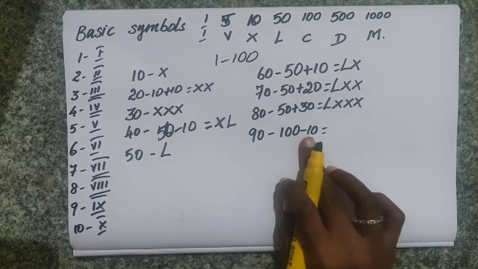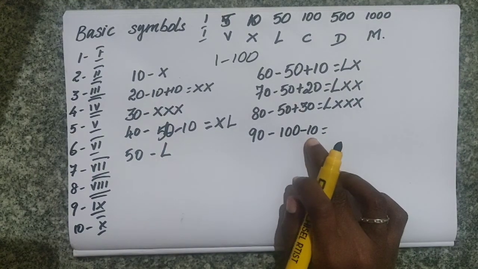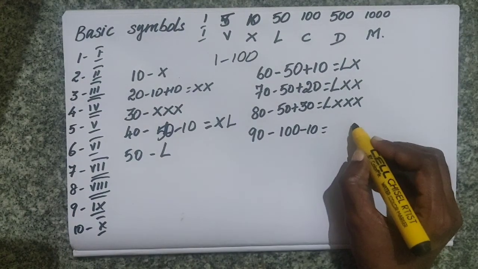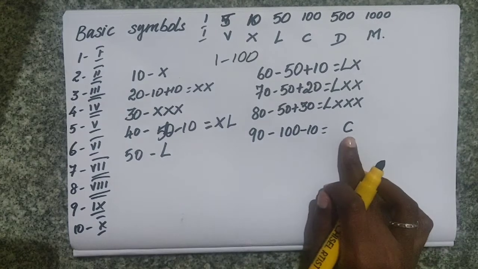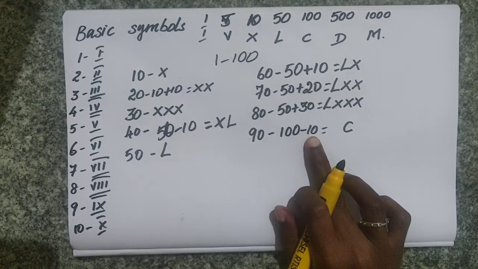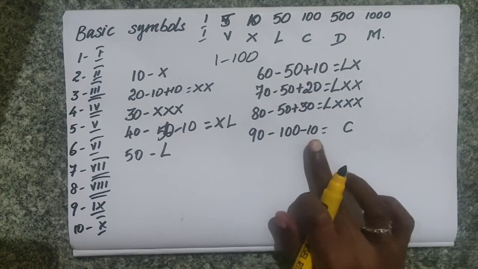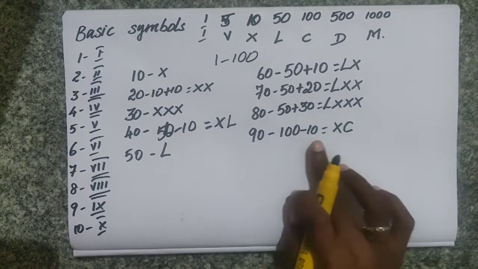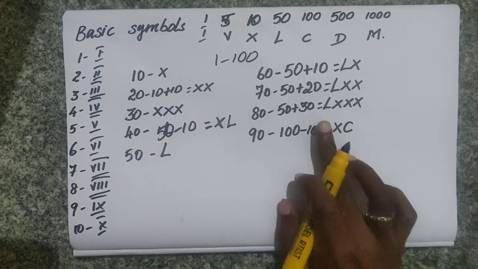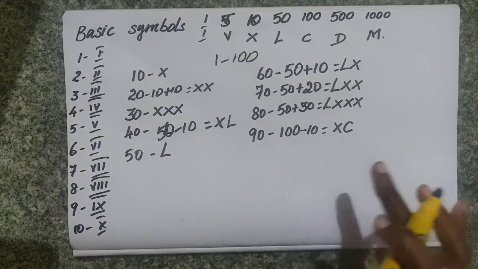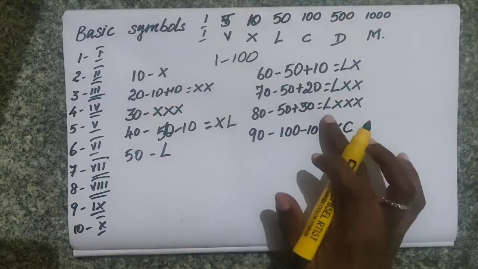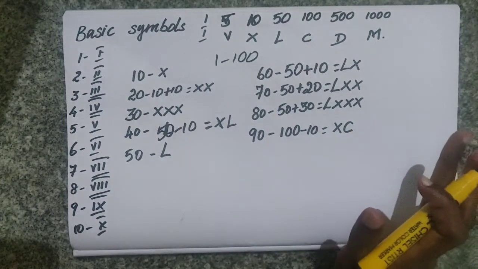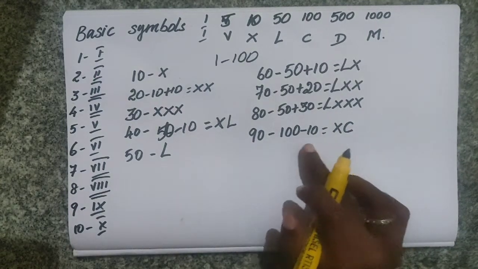By the rule of subtraction, the smaller numeral must be on the left side of the bigger numeral. Here the bigger numeral is 100, that is C, and from 100 we are minusing 10. So 10 is the smaller numeral, and it should be on the left side. For 10 it is X, so X should be on the left side of C. So this is 90. Keep in mind, you cannot write XXXXXXXXX, and it is not 50 plus 40, repeating 10 four times. So it has to go for subtraction.